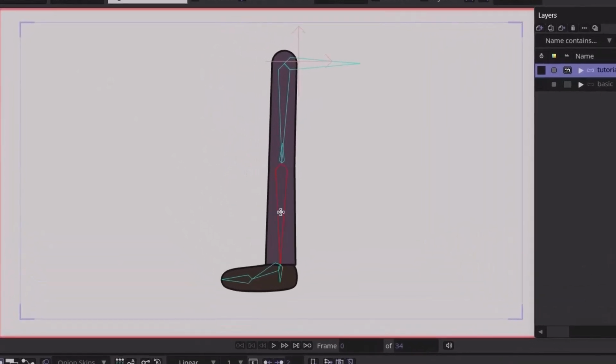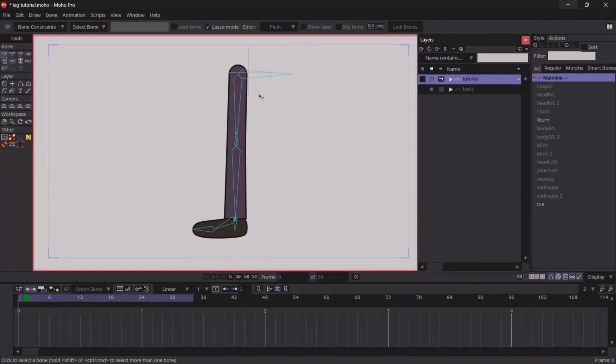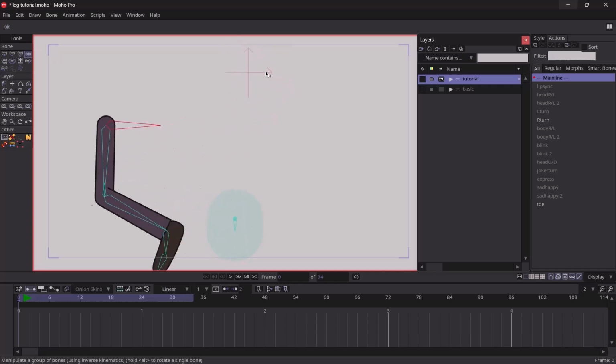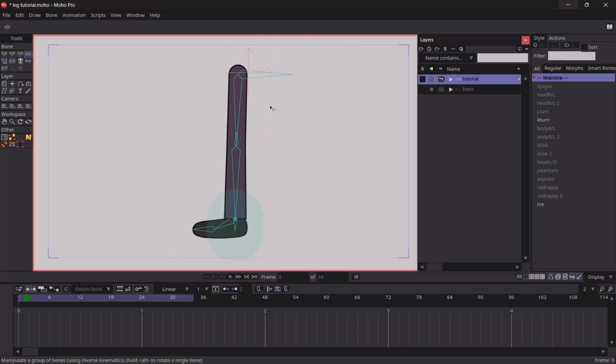And then I'm going to select the lower leg, hit P, hold down Control and select our target bone. Now if we go over here to the top and we select our root bone, you can see the leg stays in one position. Now you might notice that the lower part of the leg over here isn't staying in